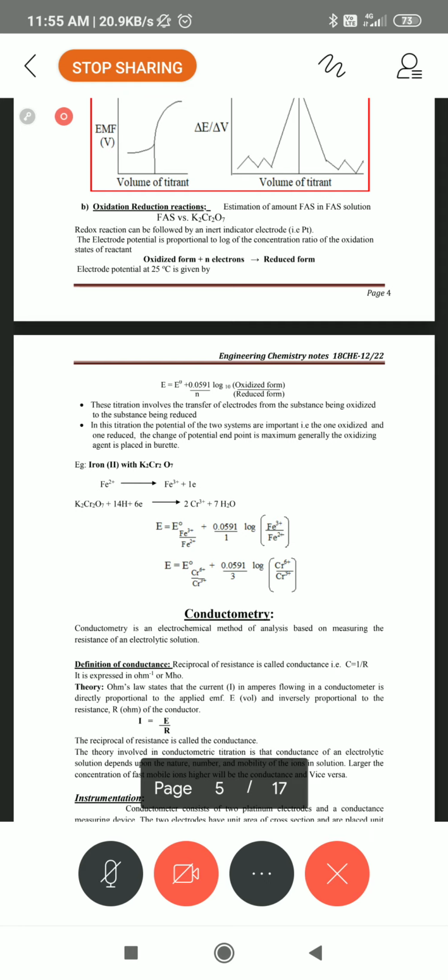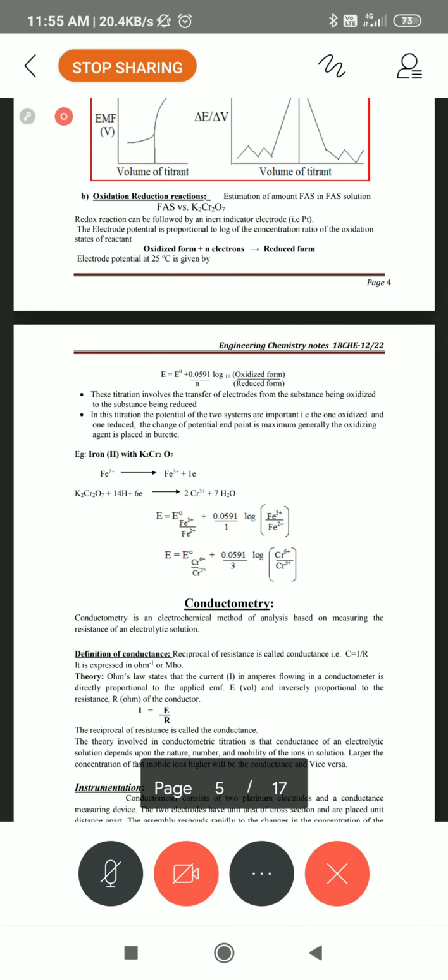Here in this calculation you are using this. Here ferrous becomes ferric. So you take ferric divided by ferrous, and at that time you take the negative sign. So you can calculate it. Afterwards, for both, first you take the ferric, then you take this potassium bichromate. Both you can calculate individually, one minus another. Because it is compared between chromium and iron, iron acts as the cathode and chromium acts as the anode. You subtract immediately.